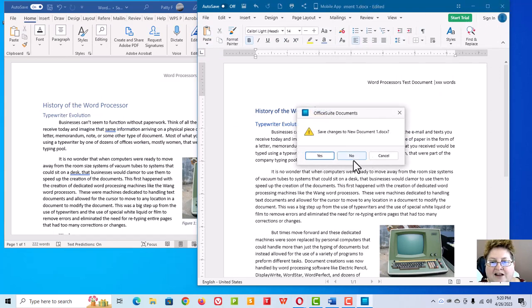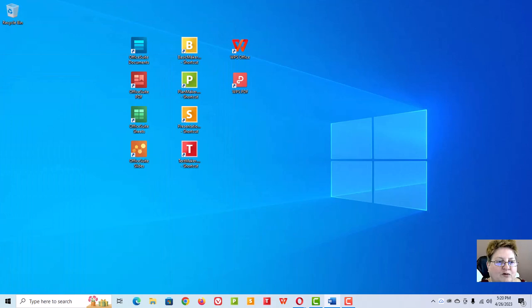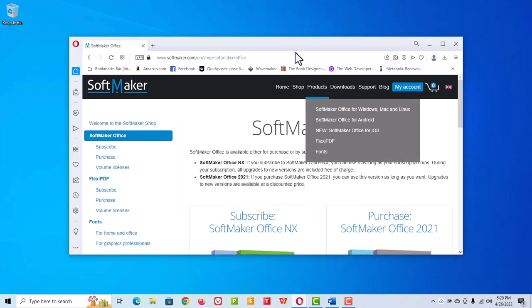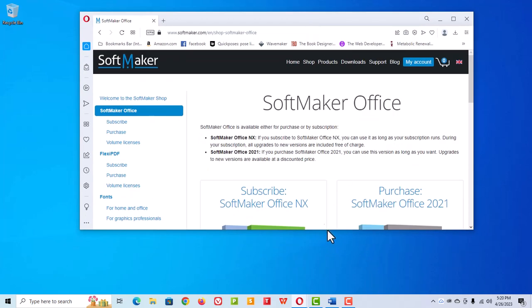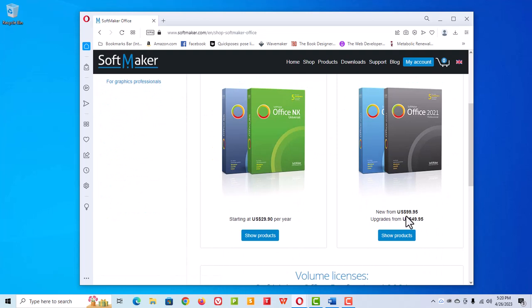So we're going to exit that. We see that it's going to be saved in the .docs format, but I'm not going to actually save that. And we're going to move on to our next program. The next program that we're going to be looking at is the SoftMaker Office, and it is